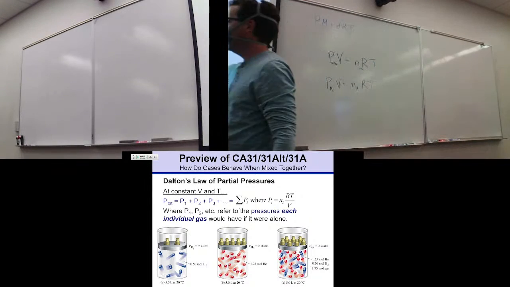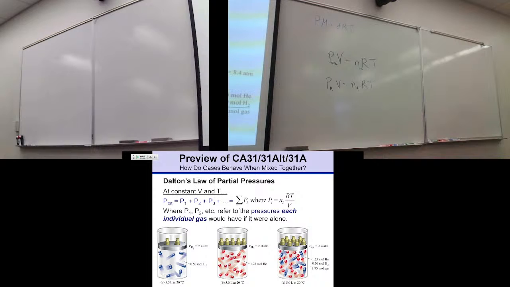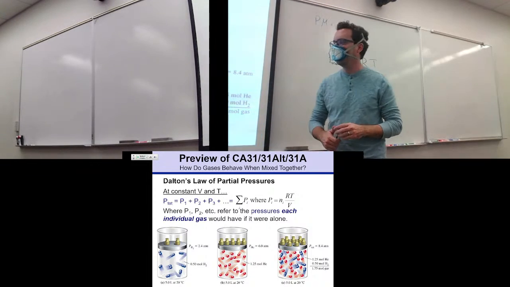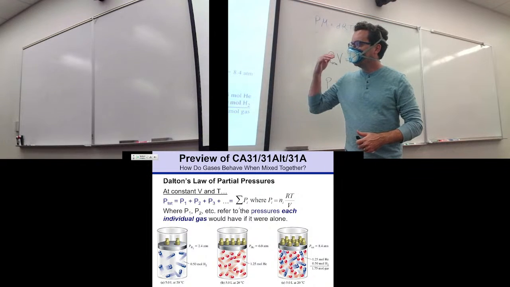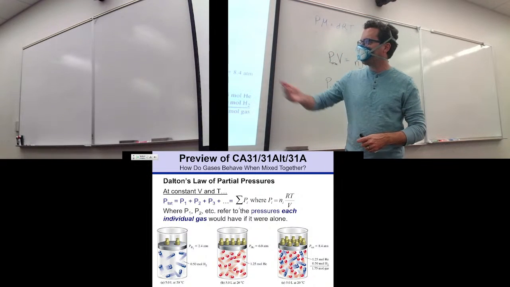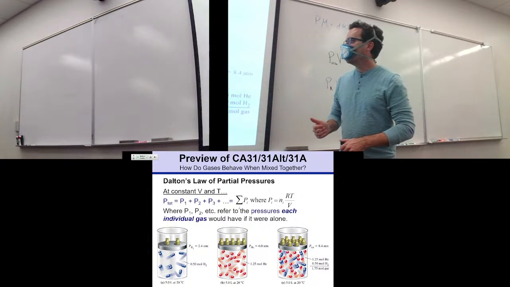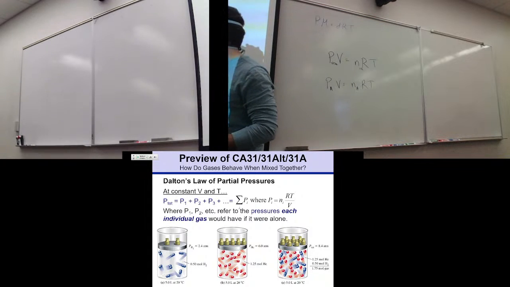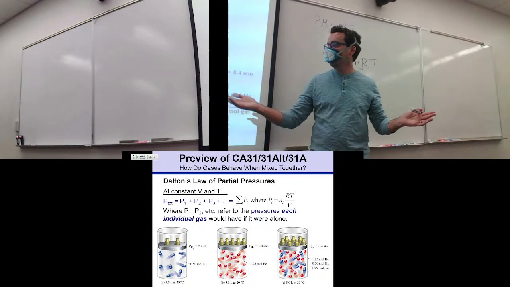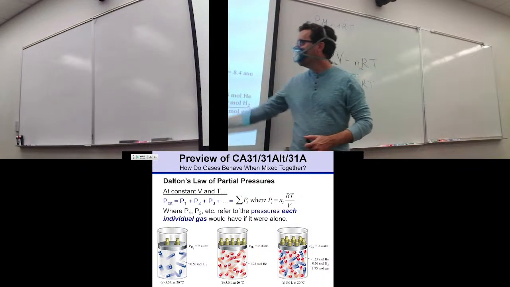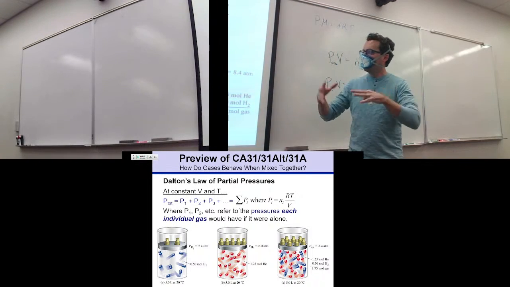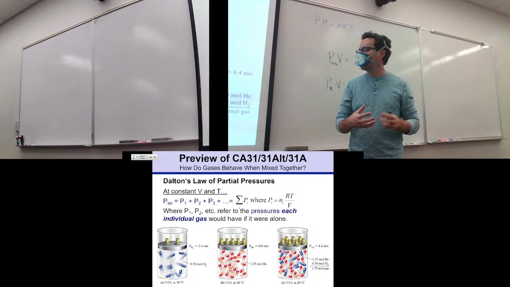Here's a container at 5 liters at 20 degrees C, and we've loaded it with half a mole of hydrogen gas. If you calculate what the pressure would be, it's going to be 2.4 atmospheres. But let's say I take the same size container at the same temperature, and instead I put 1.25 moles of helium in it, a different gas, more moles of it. If I calculate the pressure, it's going to be 6 atmospheres. If I put those two gases together into the same container,